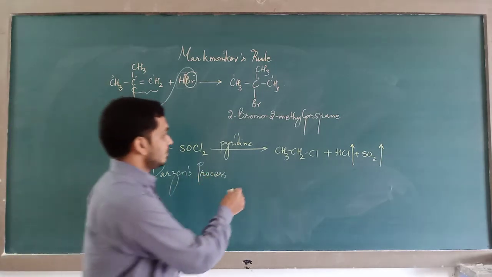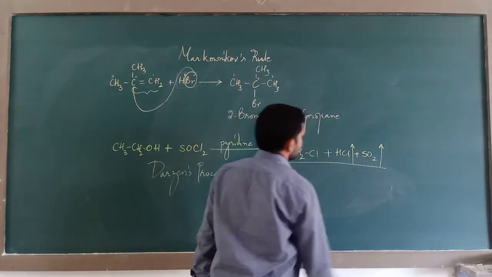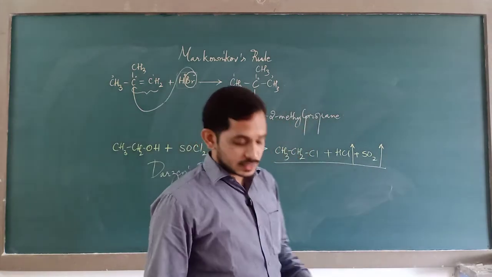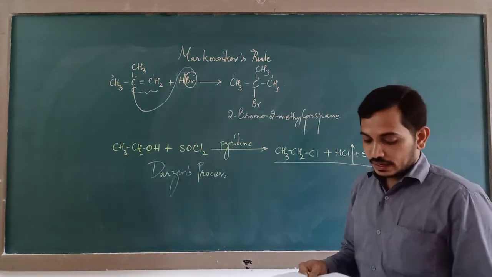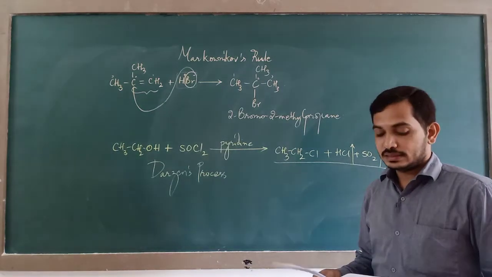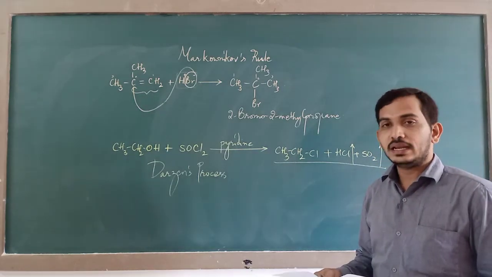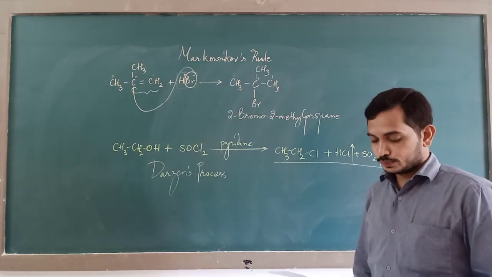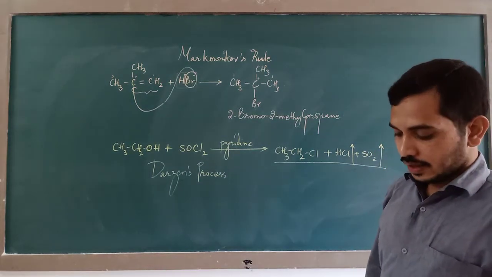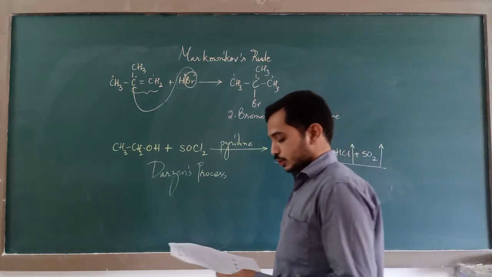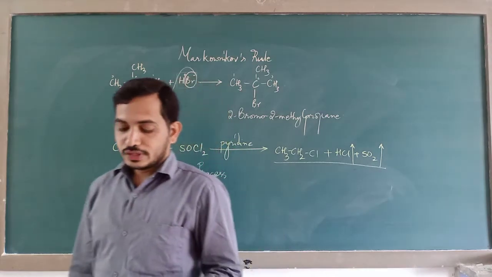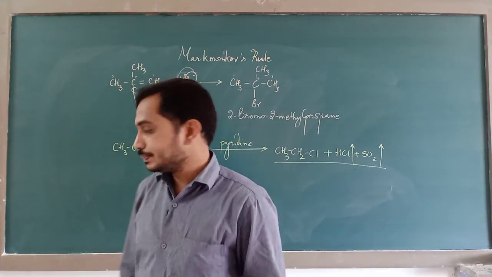So that should be our answer, CH3CH2Cl plus HCl plus SO2. Where is that? It is given in the second option, C2H5Cl plus HCl plus SO2. That is our correct answer. Then 7th question. Which of the following is obtained